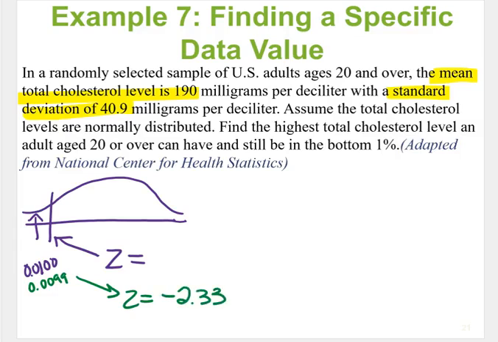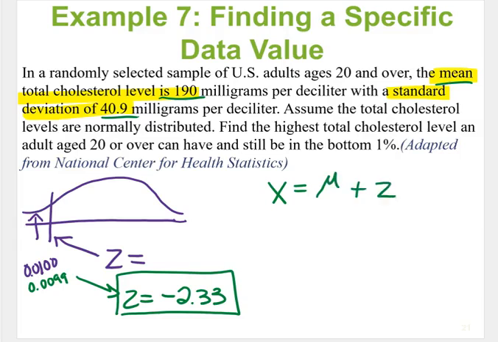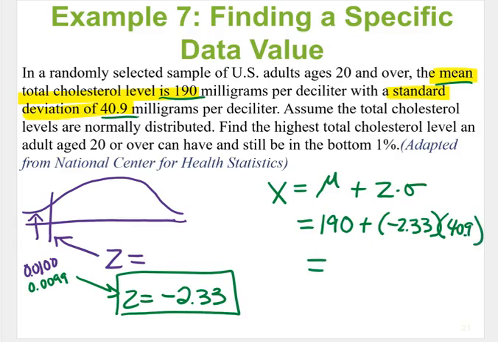So I'm going to use this z-score with my mean of 190 and my standard deviation of 40.9 to find the cholesterol level itself. So use your formula: x equals mu plus z times sigma. So my mu is 190, my mean, plus my z-score, which is negative 2.33, times my sigma, which is 40.9. All right, so I'm going to put all of that in my calculator and press enter, and it's going to tell me that my cholesterol level is